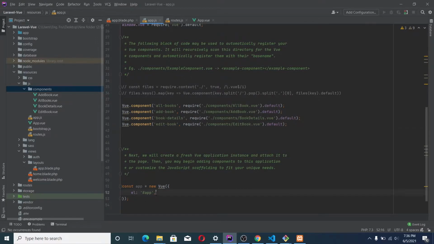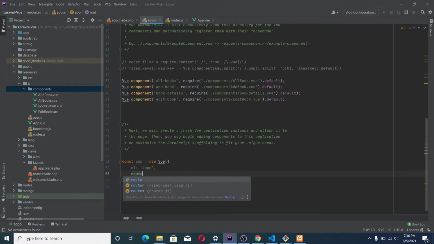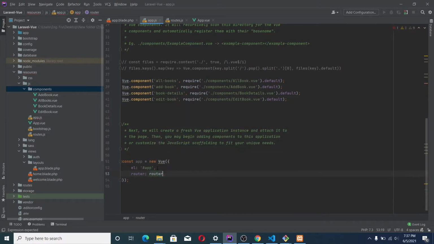The next thing we're going to do is in this initialization here. Now it says it's looking for an element with an ID of app. Let's also bring in our router here so that it can be used in the pages. Router. Okay.